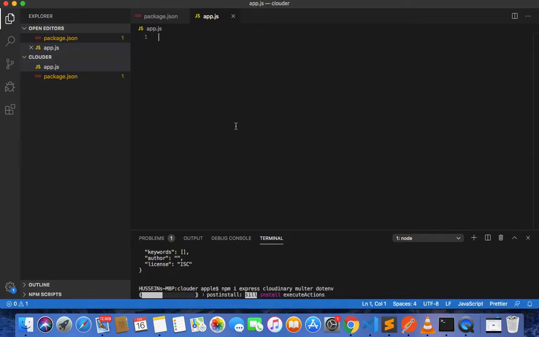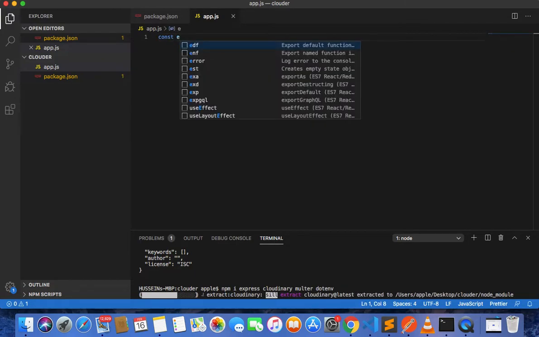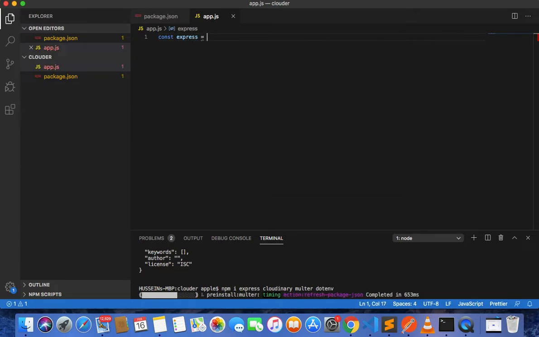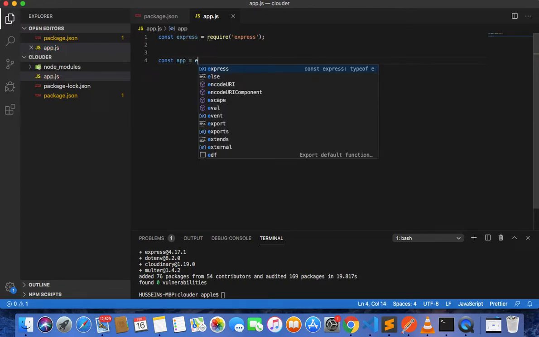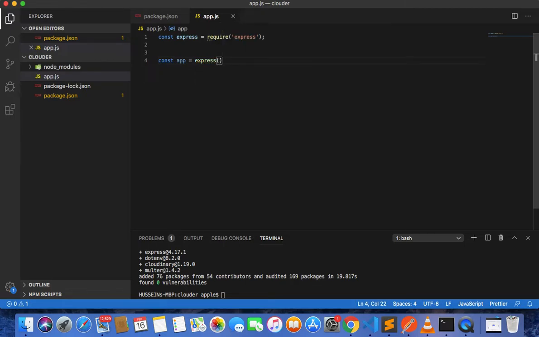In app.js, what I'll do is to say const express equals require express. So that is actually complete. You can see it has a node_modules folder here. So we are requiring all of those dependencies in our project now. So I have express, then let me initiate it. So const app equals express,